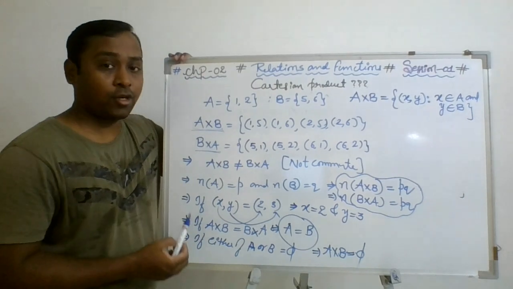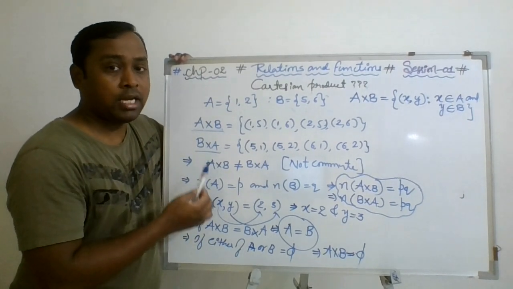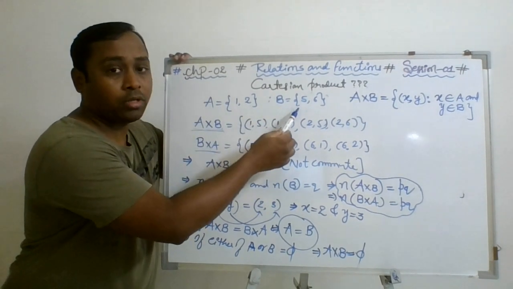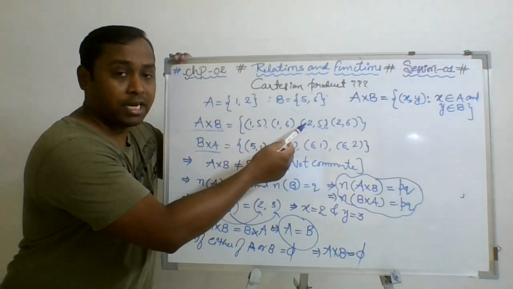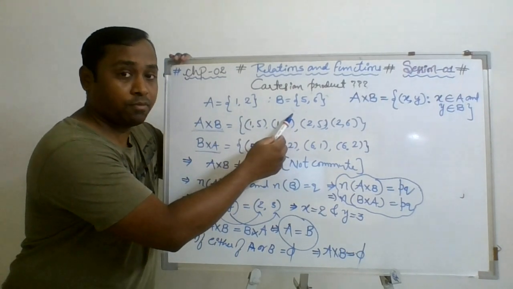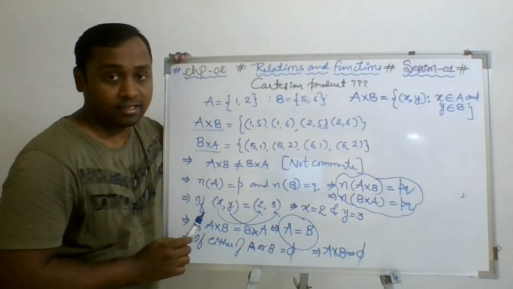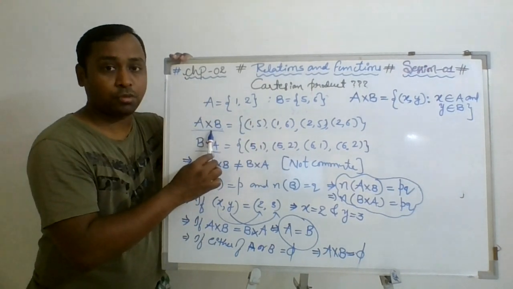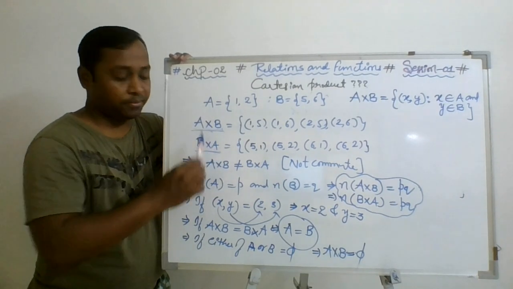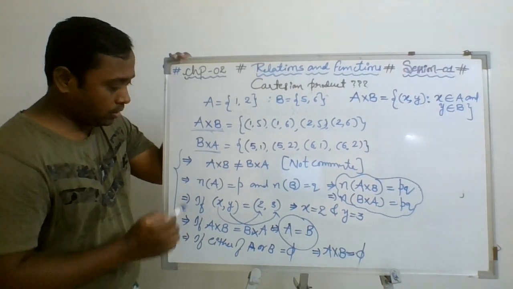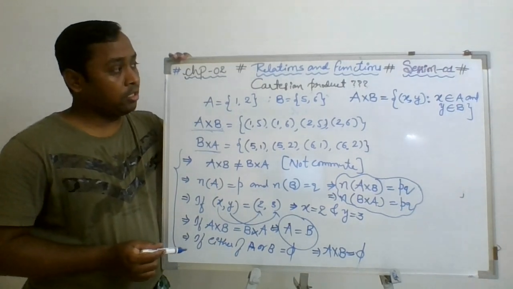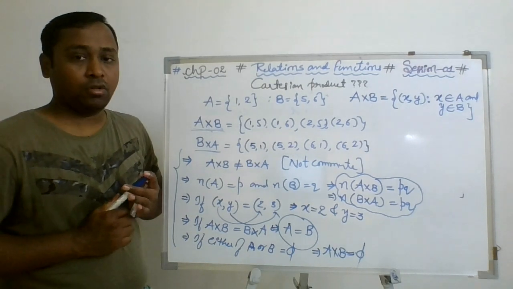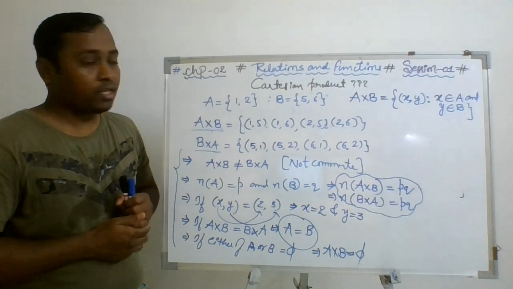So the nature of A cross B, that is the Cartesian product, depends on the nature of the given two sets, whether both are finite sets, both are infinite sets, or one of the sets is infinite, or one of the sets is a null set. According to the nature of the two sets, the nature of the Cartesian product also depends. So these are the learning points from the Cartesian product. Now as a last concept, I am taking the combination of three sets. Okay, let's see.